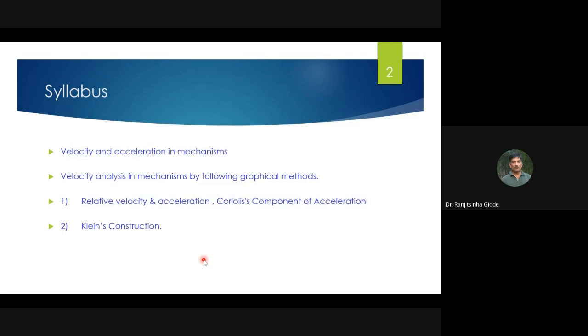Then immediately, so this chapter is small one, so we'll focus on MCQ as well as graphical method simultaneously. So write down syllabus,